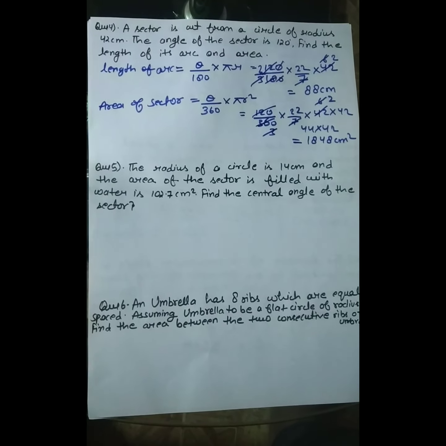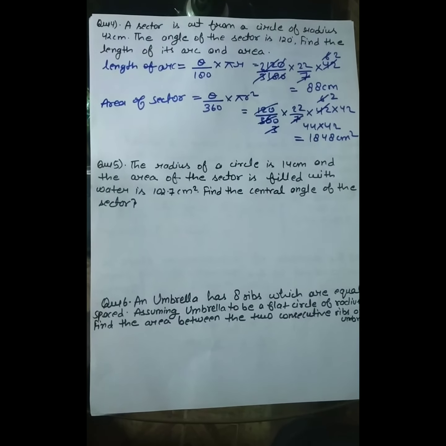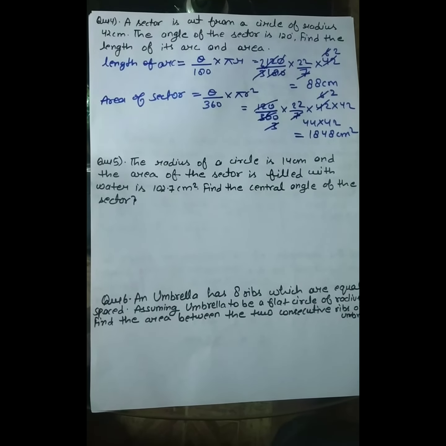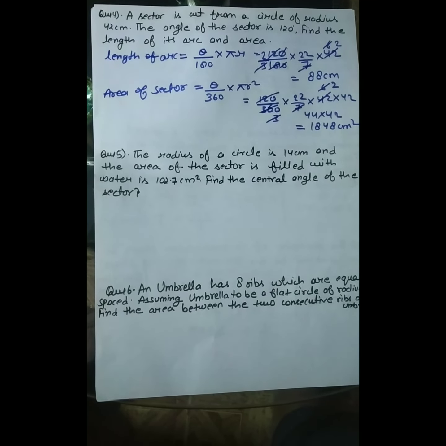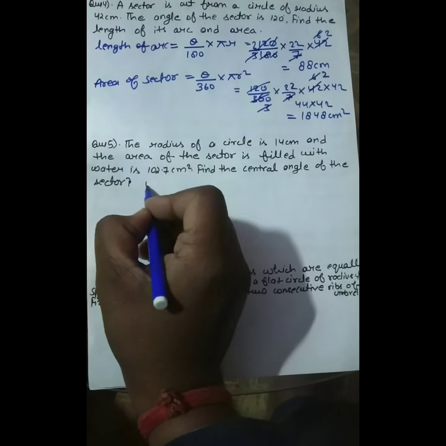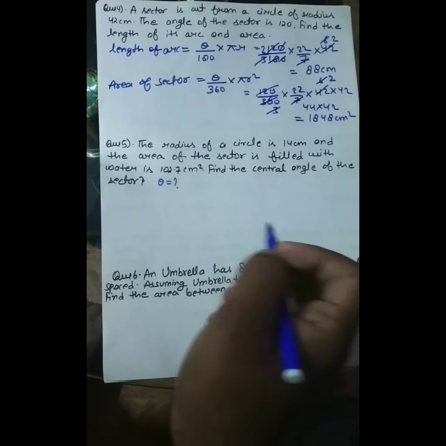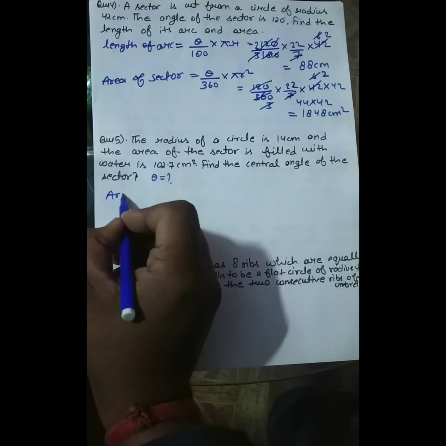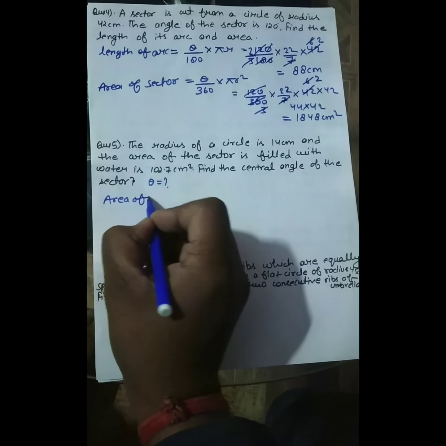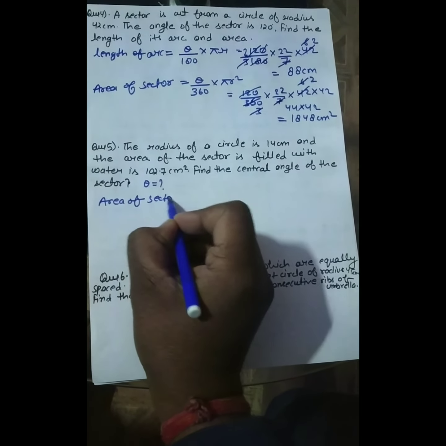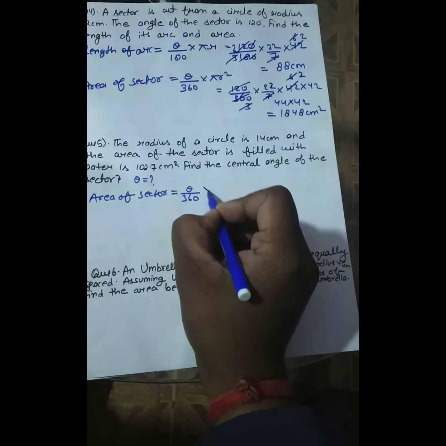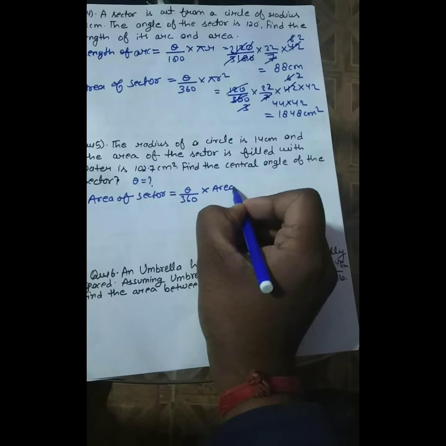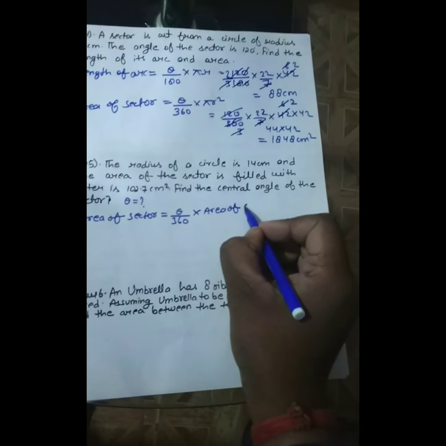जो सर्कल की रेडियस है वो 14 सेंटीमीटर दी गई है और जो सेक्टर का एरिया है वो पानी से भरा हुआ है जो कि 102.7 सेंटीमीटर स्क्वायर है. सो हमें सेंट्रल एंगल निकालना है, मींस हमें थीटा की वैल्यू निकालनी है. थीटा इज इक्वल्स टू क्वेश्चन मार्क. सो गाइस, एरिया ऑफ सेक्टर इज इक्वल्स टू थीटा अपॉन 360 इनटू एरिया ऑफ circle.